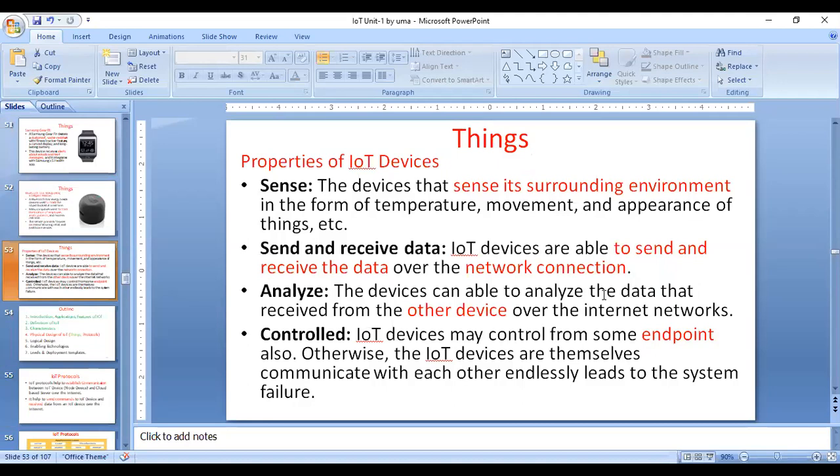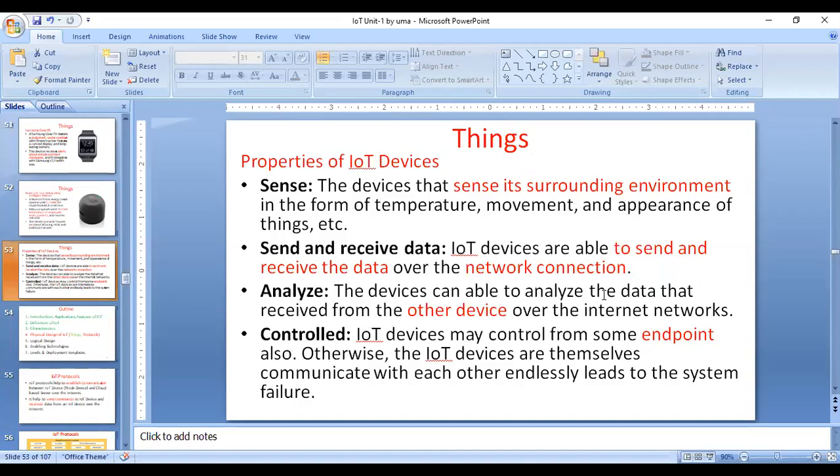An important thing here is the properties of an IoT device. What are the properties? The IoT device has sensing capability, sends and receives data, analyzes data, and controls. These properties are performed by the IoT device.